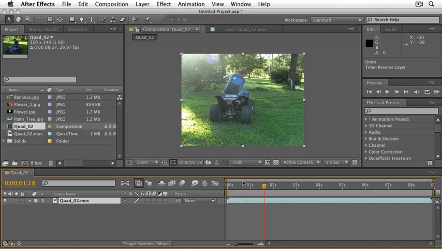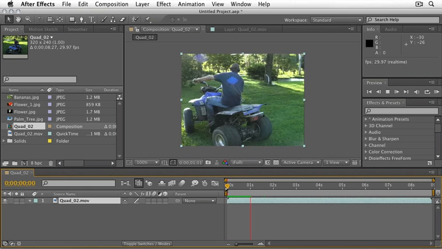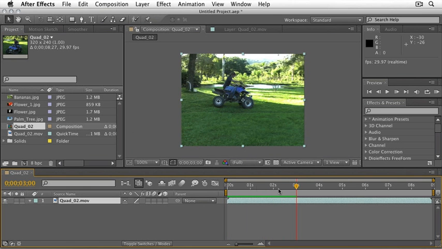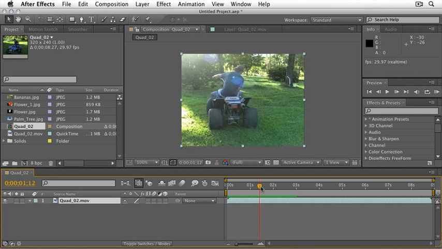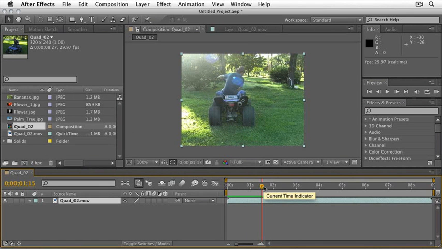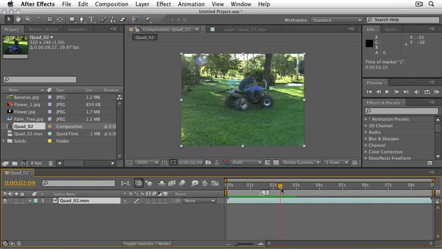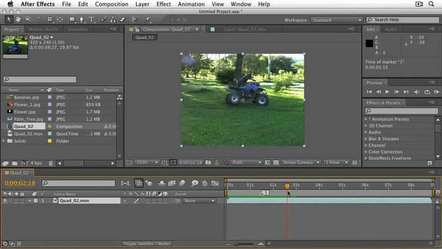You can also use time remapping to make the actions on the screen exactly match music or voiceover. For example, if I'm playing this layer, and at this point in time, a little bit before it happens, I talk about maybe the quad tipping over. Well, that hasn't happened yet, but I can add a marker there. So I'm going to go ahead and drag a marker from here and put it right there. I can go to the point in time where the quad actually does tip over, which is somewhere around here,